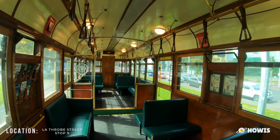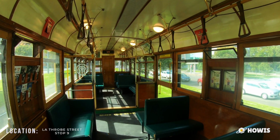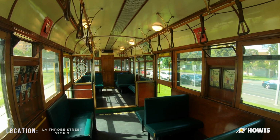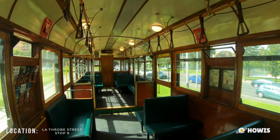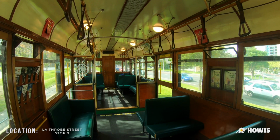Latrobe Street and Victoria Parade. Step off here for the Royal Exhibition Building, Carlton Gardens and Melbourne Museum. Visit the World Heritage listed Royal Exhibition Building, a stunning architectural expression of the pomp and optimism of the late